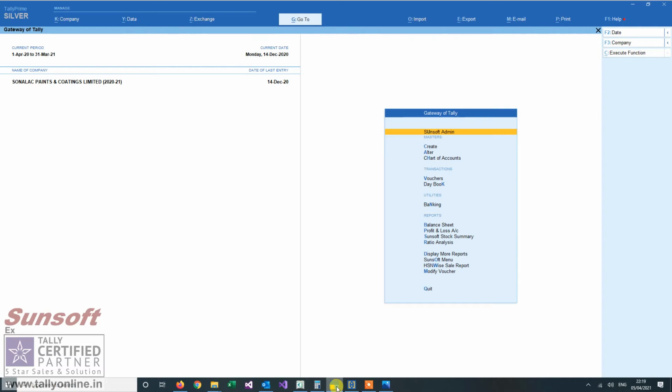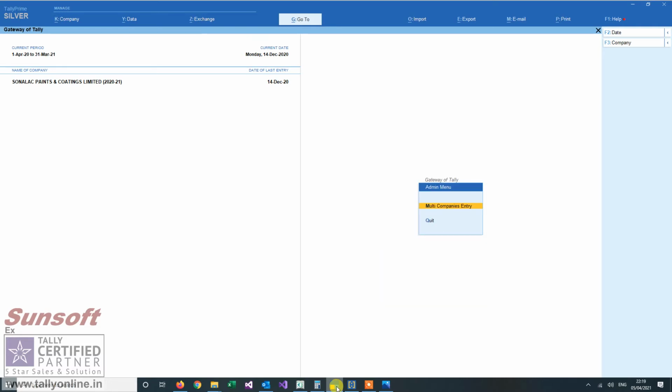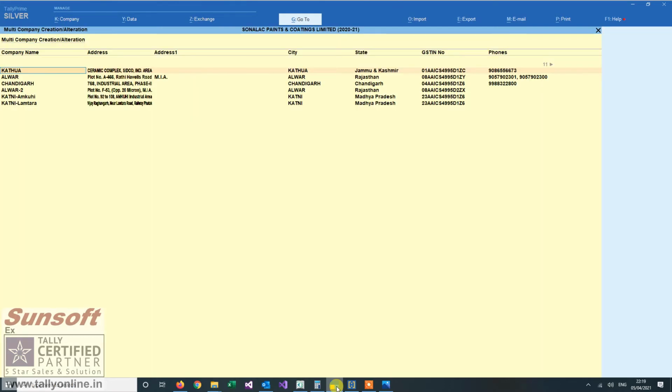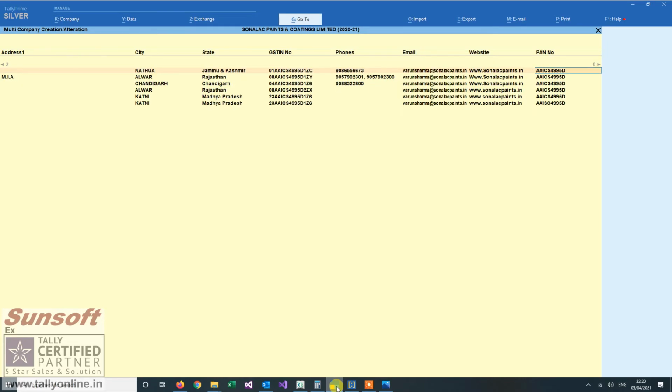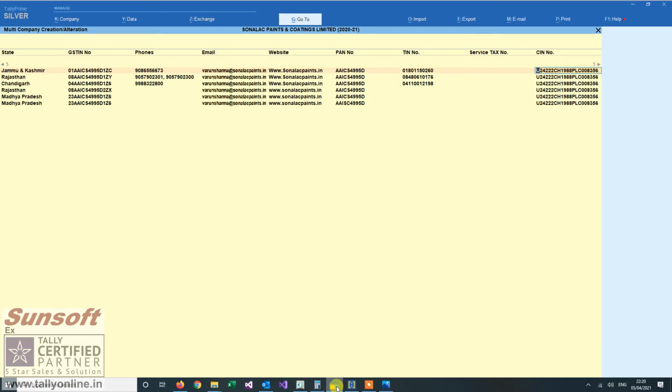Now, when you apply this add-on, you get this admin section in which you can create branches. There's no limit on how many branches you can create. I have one client who is handling 63 different locations. They have 63 branches and around 27 GSTN numbers. So you can put in the name of the company, their address, then city, state, their GSTN number, all the relevant information you can capture here.